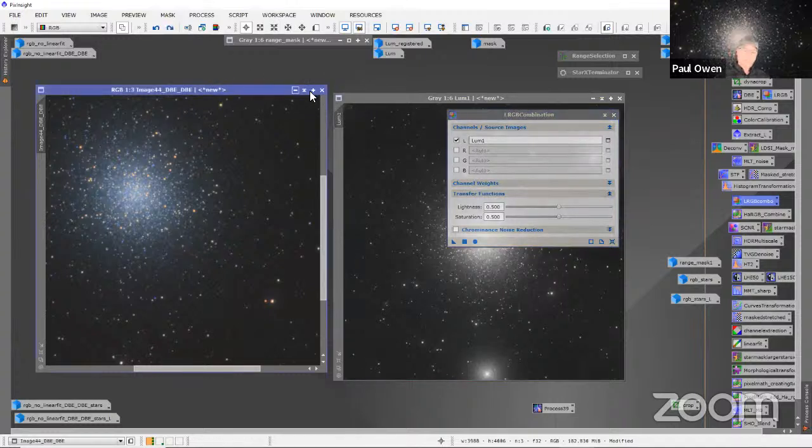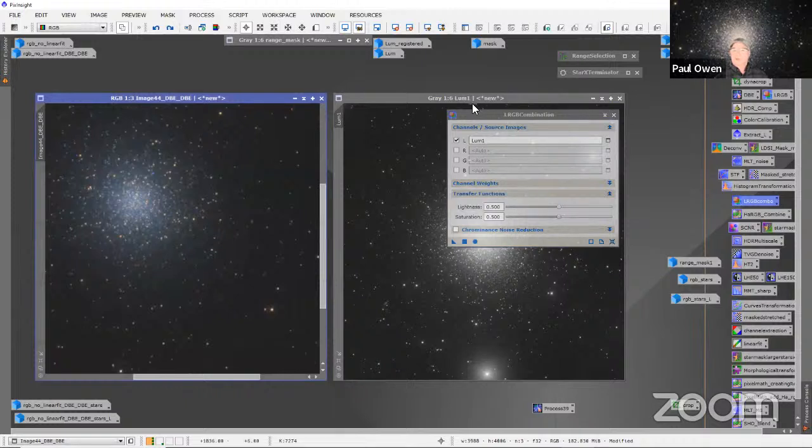If you have 2 images open, here's a tip. Make sure whichever one you're trying to make an adjustment to is clicked on and it's blue. Gotcha. There, I want to take that first luminance off. Okay, so now we're going to go ahead and add the new luminance to